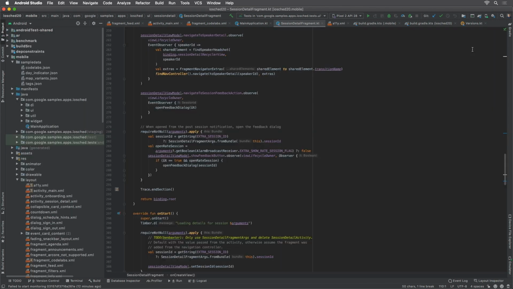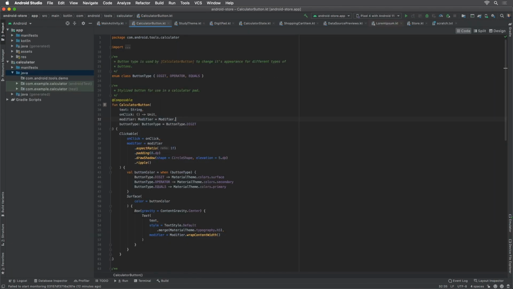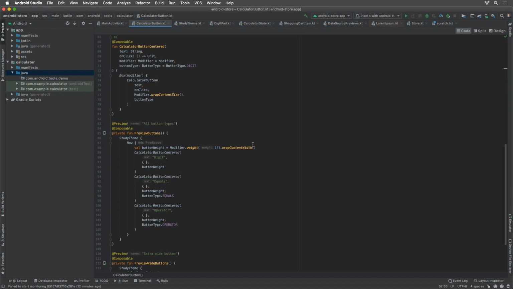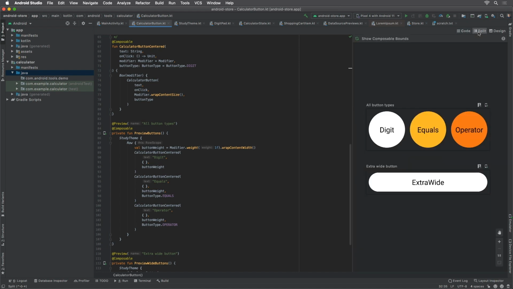Jetpack Compose. Here's a composable, which is the compose equivalent of a view or widget. This one is for a calculator button. When you make composables, you'll often also create previews for your widget, where you show your widget with some sample data. For example, we have different colors for different types of calculator buttons, so we can create another composable which populates our widget with sample data, and if we annotate it with @Preview, then it shows up as a preview